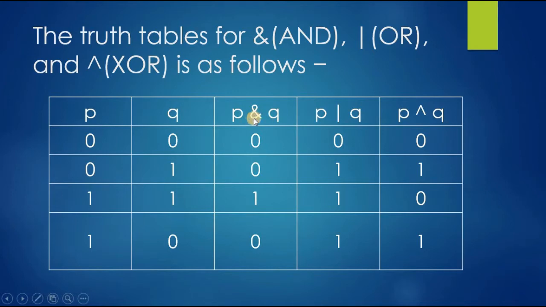First we will see how we got a result for the AND operator. AND operator tells that if both the variables contain 0 as a value, then the result will be 0. If the first variable contains 0 and the second contains 1, then the result will be 0. If both the variables contain 1, then the result will be 1. If the first variable contains 1 and the second contains 0, then the result will be 0. Like that, we got an output for the OR operator and XOR operator.